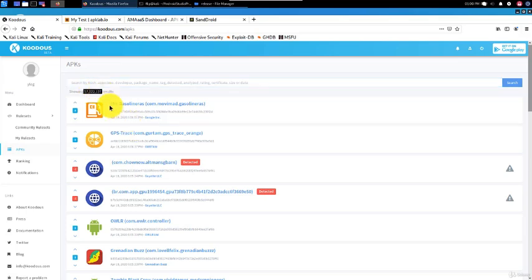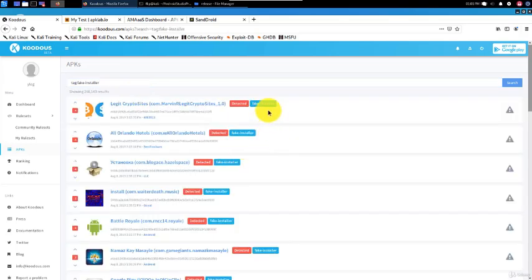So for example, if you want to find a stage fright sample, just come here and search stage fright, or do some research and find the hashes for stage fright and search here. Or you can use tags. For example, you're researching fake installers, so search tag: fake-installer, and you'll find several samples.